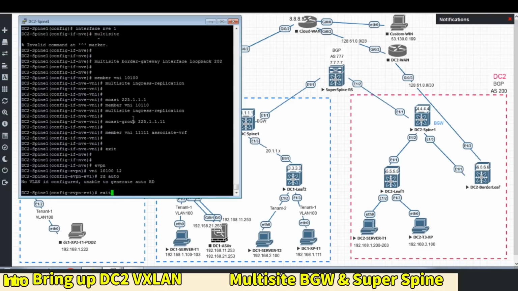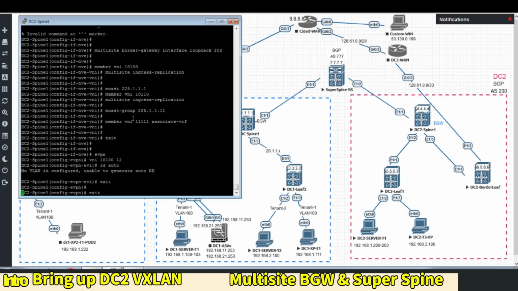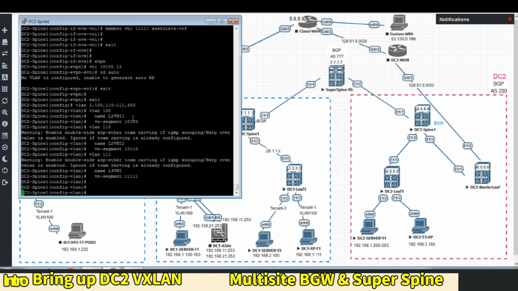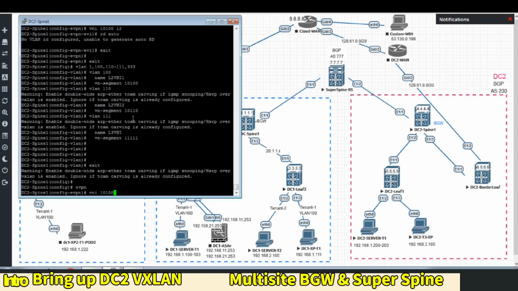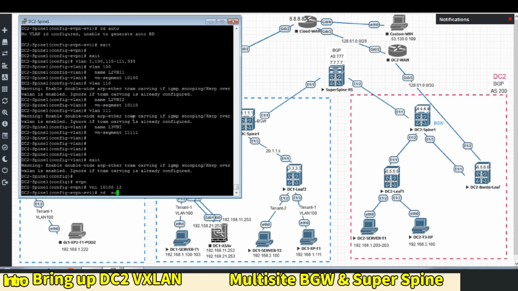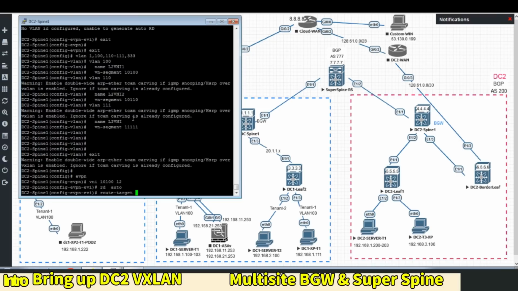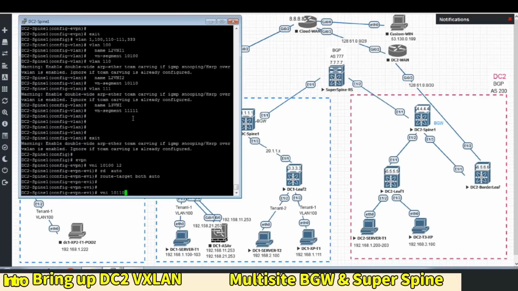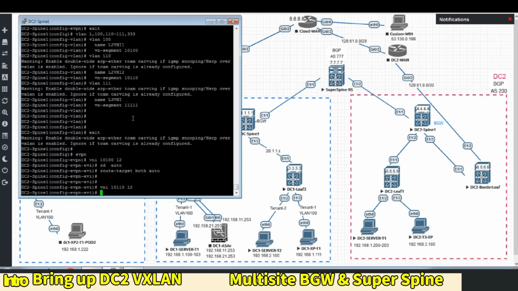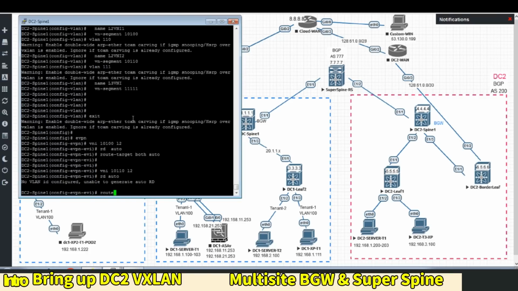Creating the VLAN. Okay. No VLAN ID configured. Anyway, route target